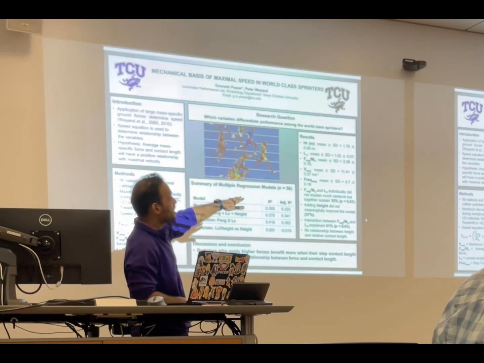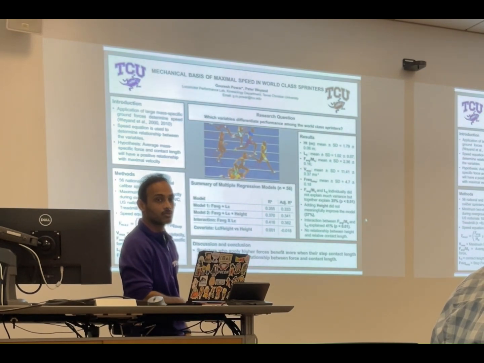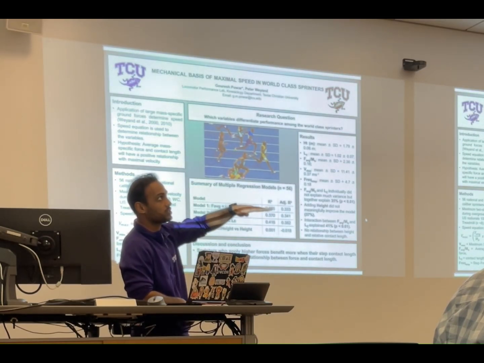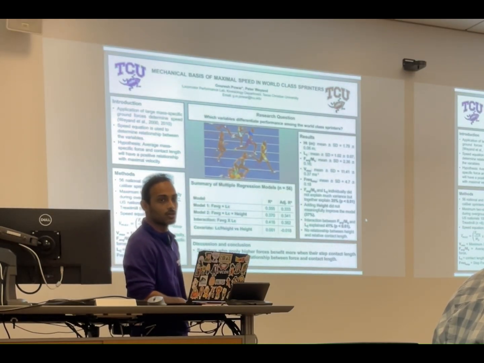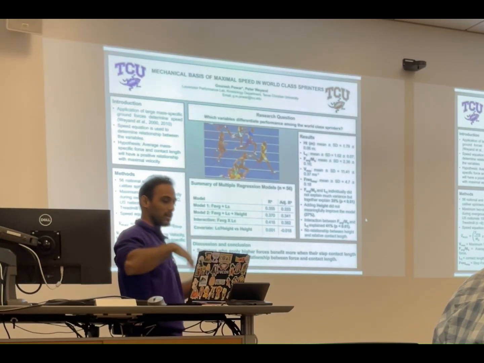Frequency is 0.18. But V max is 0.37. That's like a 4 meters per second difference, which is a lot for 100 meters overall. The cutoff was 10.6 meters per second, and we have athletes running all the way up to 12.3. That's the range. So based on the velocity, we have a fairly good range of